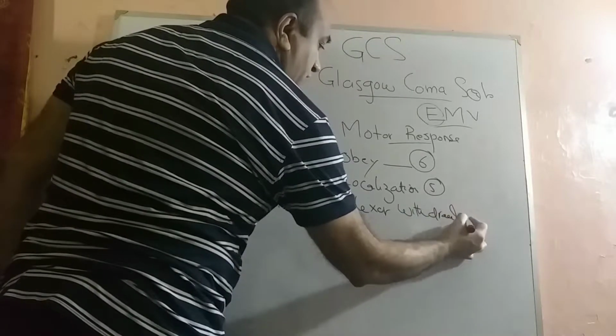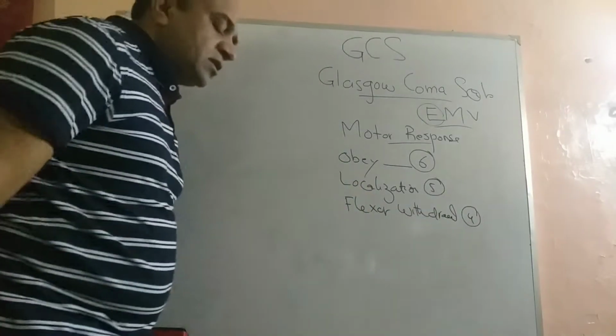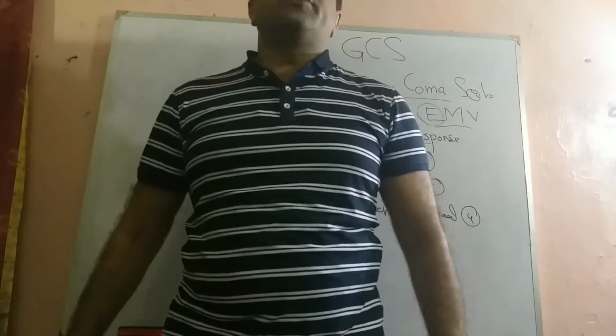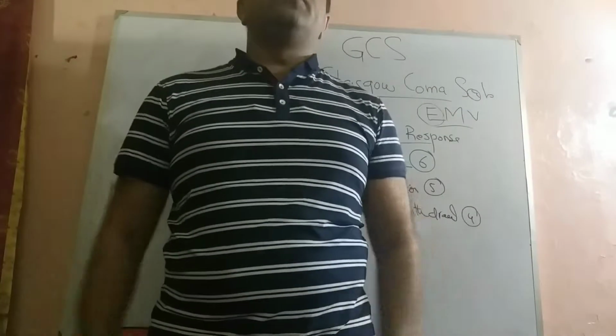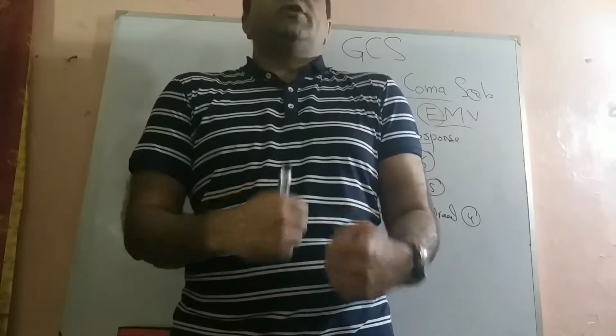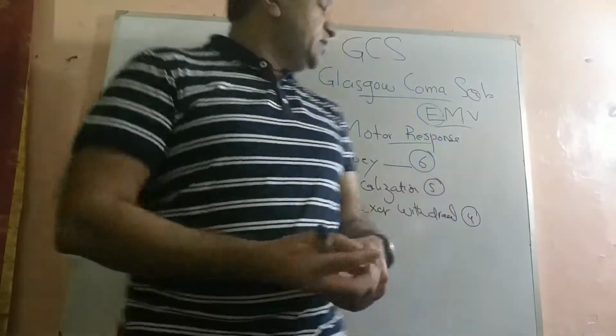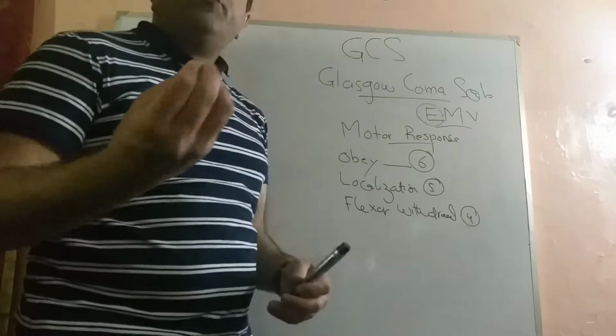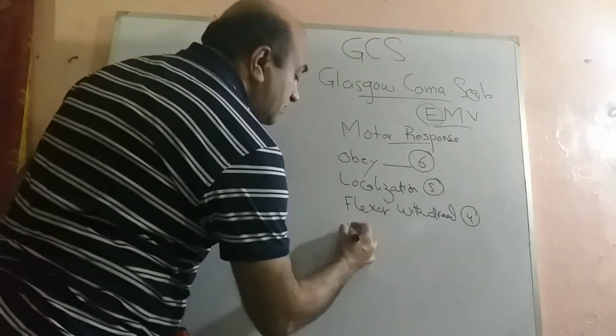Flexor withdrawal is given 4 marks. Now, even if the patient is not having the flexor withdrawal, you give the painful stimulus and the patient only flexes on these joints or flexes the limbs, then this is the last hopeful sign. Flexion is given